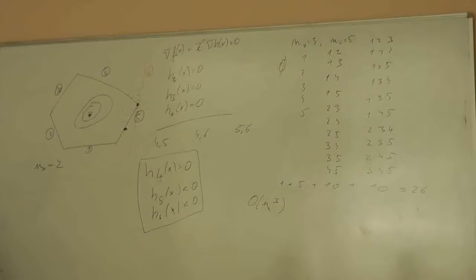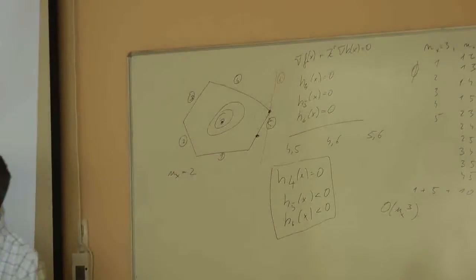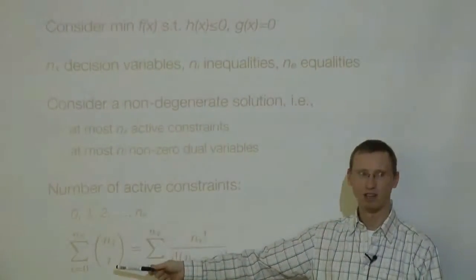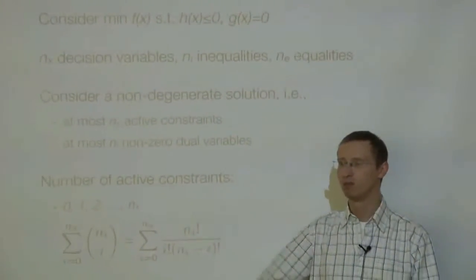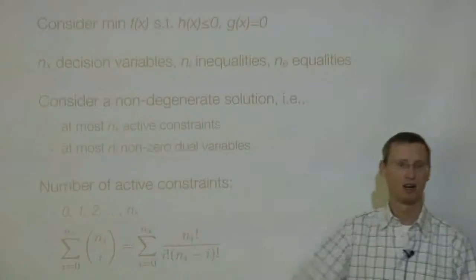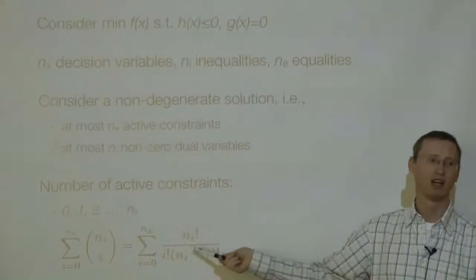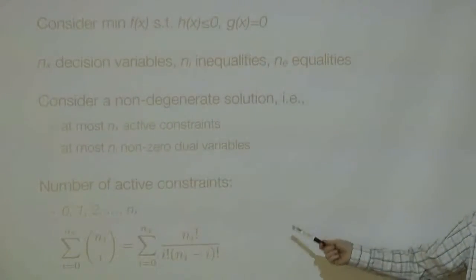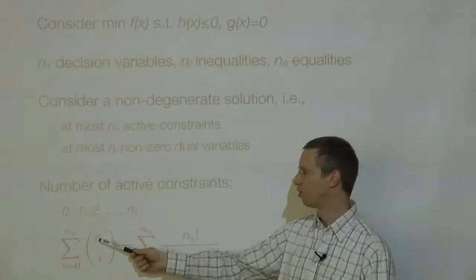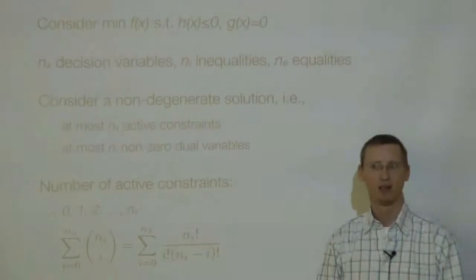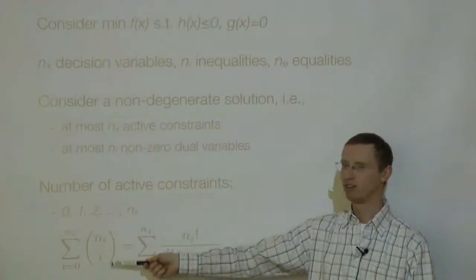And actually, this general formula is just a generalization of that particular case. Okay? So we are considering this term here, which says from this many constraints, choose at most this many, so that's the n choose k operation, which is n factorial over k factorial times n minus k factorial. And you can easily verify that if you plug in the numbers from the whiteboard, like 5 for the number of constraints and 3 for the number of states, then 5 over 0, since the index i goes from 0,